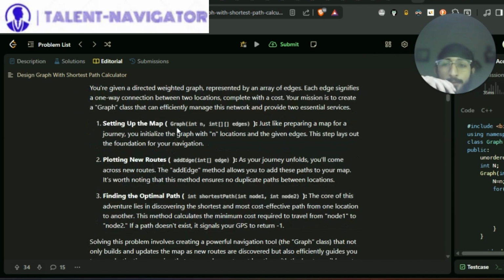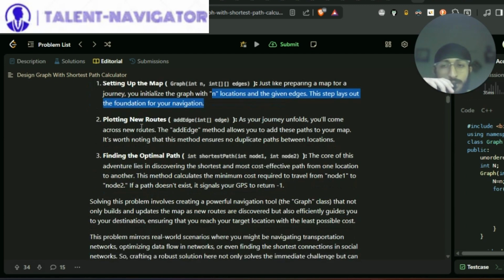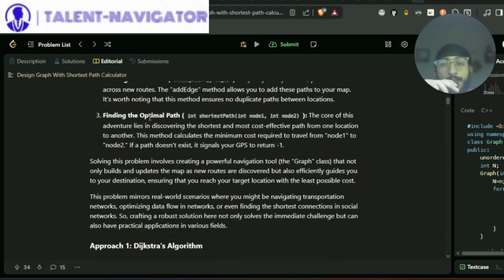That is setting up the map, graph int n comma int, basically a 2D array of edges. Just like preparing a map for a journey, you initialize a graph with n locations and the given edges. This step lays out the foundation of your navigation. Then we need to plot our new routes, that is by adding an edge, right? So as the journey unfolds, we come across new routes. The add edge method allows us to add these paths to the map,